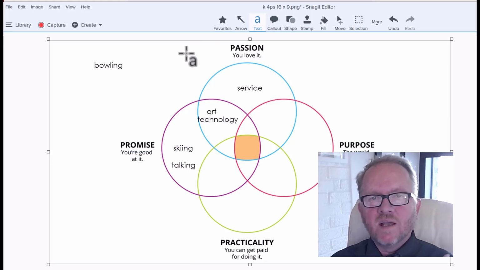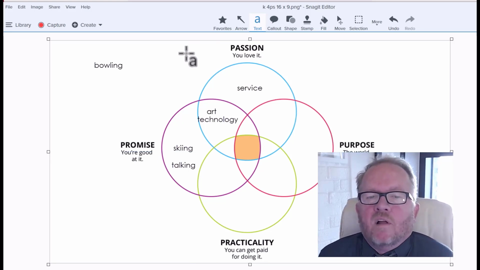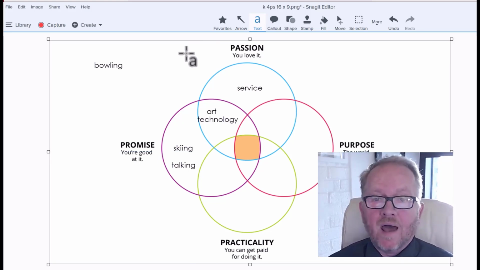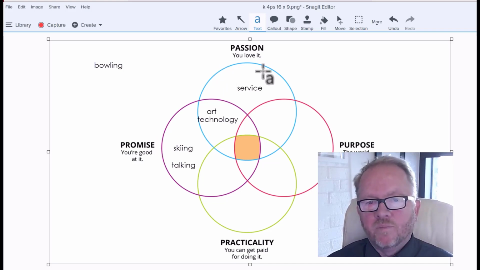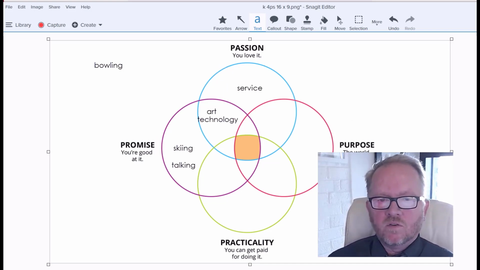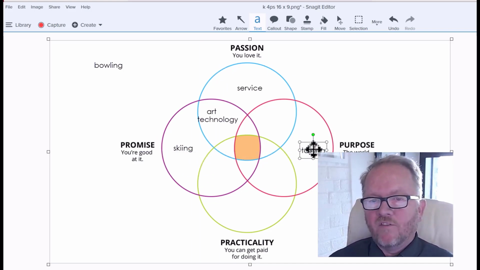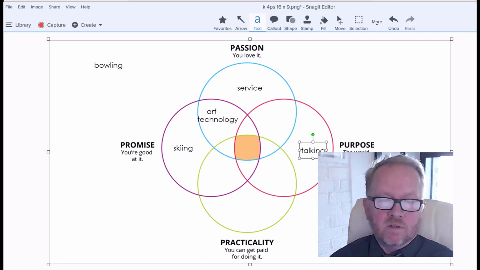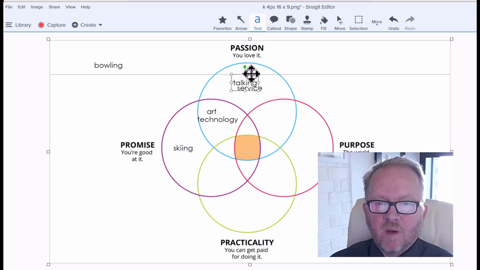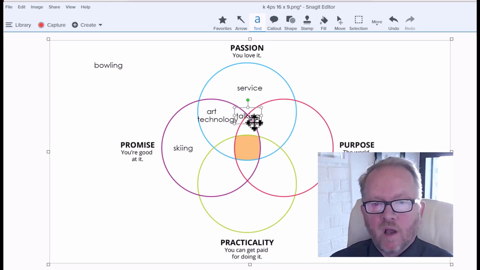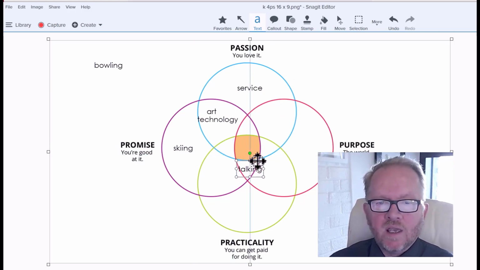What I'm trying to say is that you have things in your life that you bumped into that you're just sort of good at, that you're good at and you love. But does that work in this regard? What about talking? I honestly feel that the world needs people who can speak relatively well. I don't love talking, but I still like it. So talking, I'm going to put it in. Can I get paid for it?